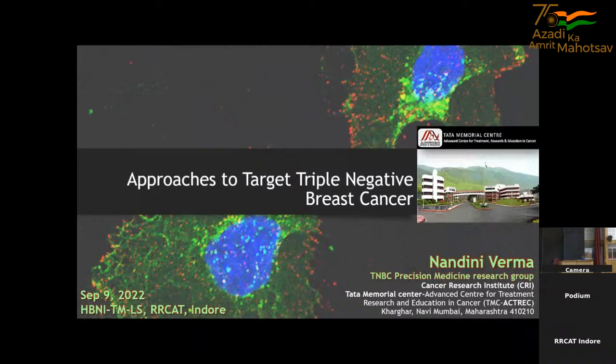So basically, I'm working mostly on triple negative breast cancers, and I'll show you some of the approaches by which we can utilize certain targeted therapy and reduce the metastasis as well as the growth of these tumors. So to start with,